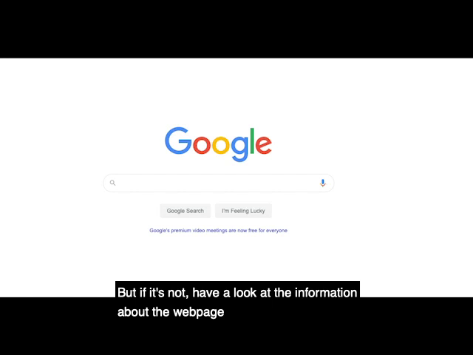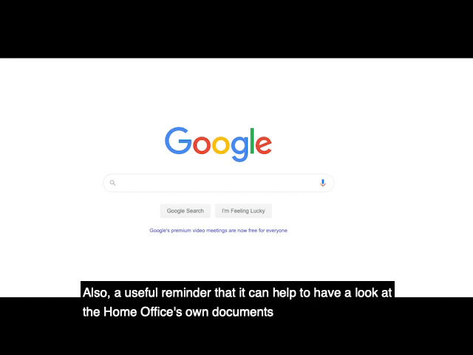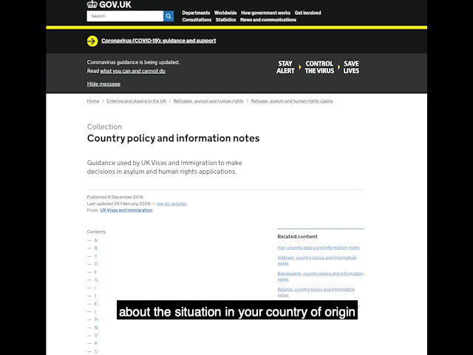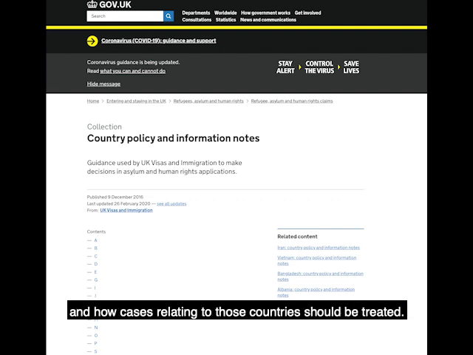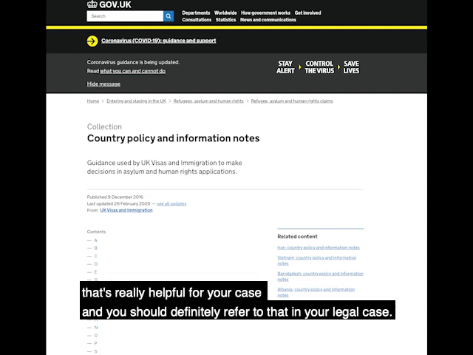But if it's not, have a look at the information about the webpage, who's the author of the information, who produces that webpage. Also, a useful reminder that it can help to have a look at the Home Office's own documents about the situation in your country of origin and how cases relating to those countries should be treated. Quite a lot of information in those documents isn't very helpful, and they have a particular reading of situations and important cases that we might not agree with. But if the Home Office's own guidance accepts that certain people are at risk in your country and you are in that group of people, that's really helpful for your case, and you should definitely refer to that in your